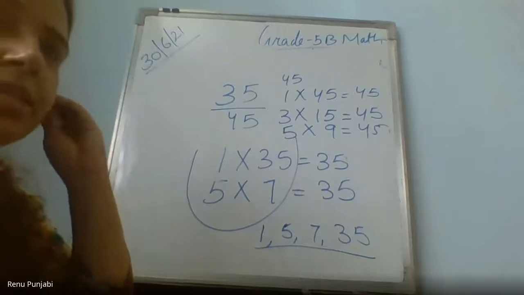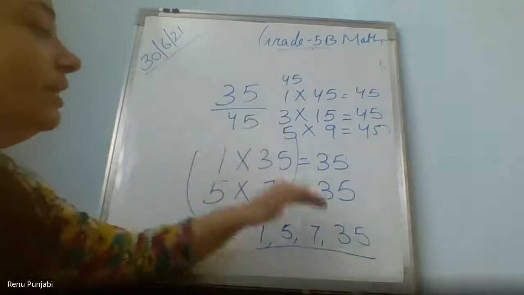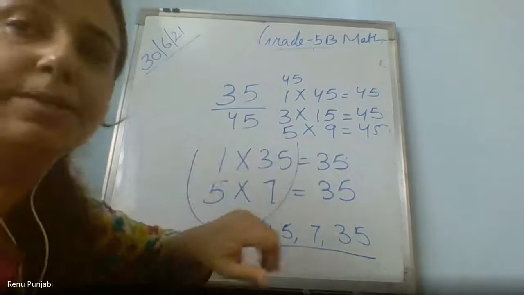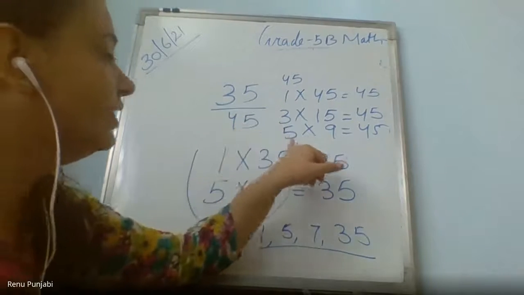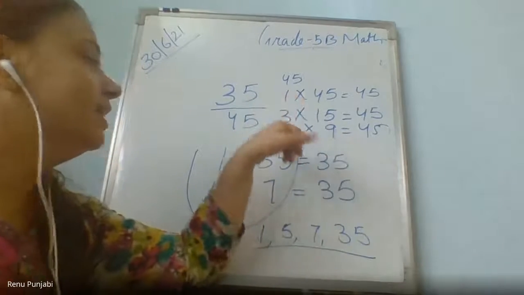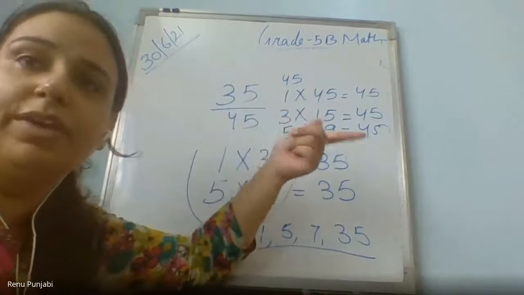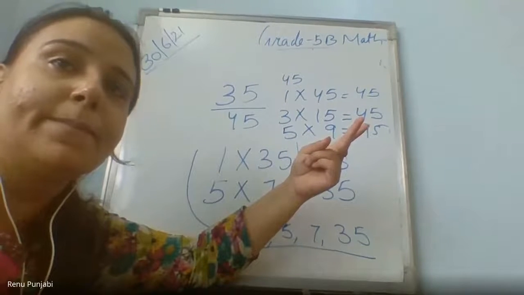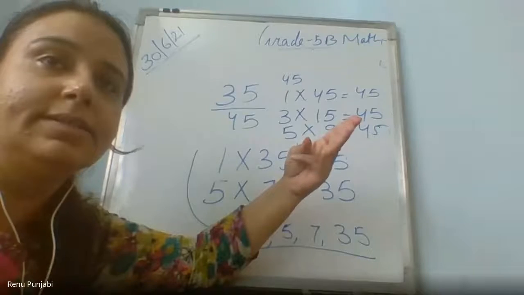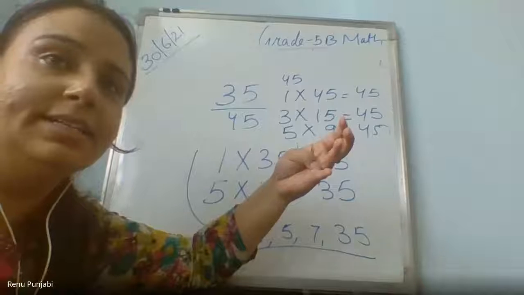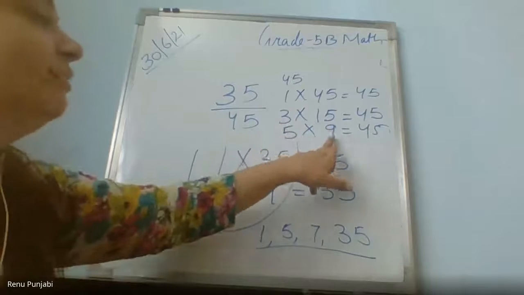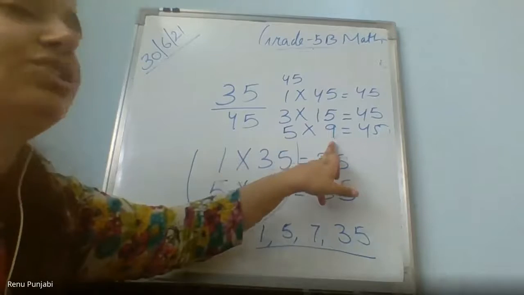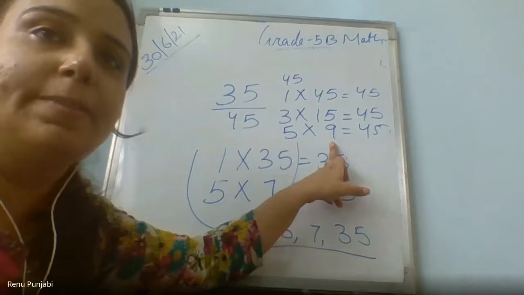As you know, we were doing it in the lowest term, and we were checking the factors. So we were on 45, till 5 nines of 45. Now it's in the table of 6. 45 is not coming. Is 45 coming in the table of 7? No, ma'am. Table of 8? No, ma'am. Table of 9? Yes, ma'am. 5 nines are 45 or 9 fives are 45, so that is already done.